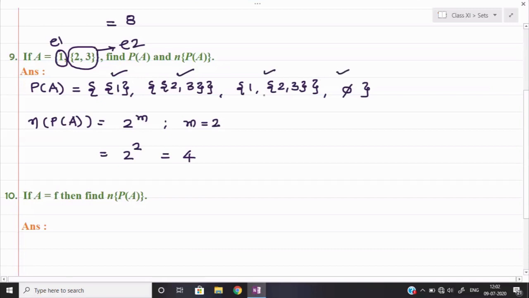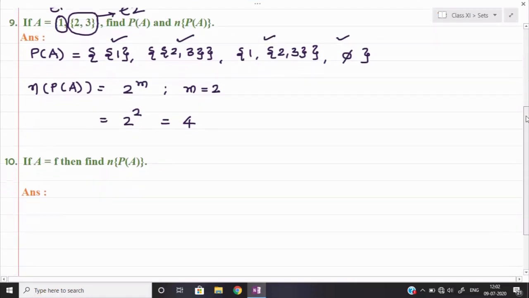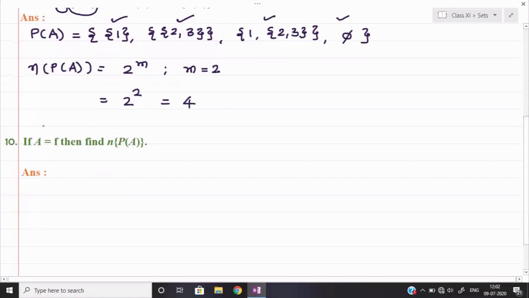Okay, let us solve quickly the last question. In the last question, I think one mistake we have made. A is given equal to 5. Here f is written by mistake. So please consider A is equal to 5. The value of A is given as an empty set. Then they are asking the number of elements of the power set. Suppose in that case I write down the power set. So I need to list out all the subsets of set A.